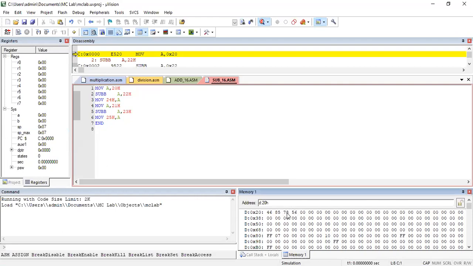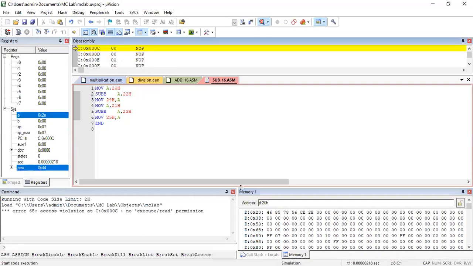So if you try this in the calculator, the result will be 2ECE. Okay, the result will be 2ECE. So let us see what we get in this case. Yes, we are getting 2ECE. So that is how it is done.